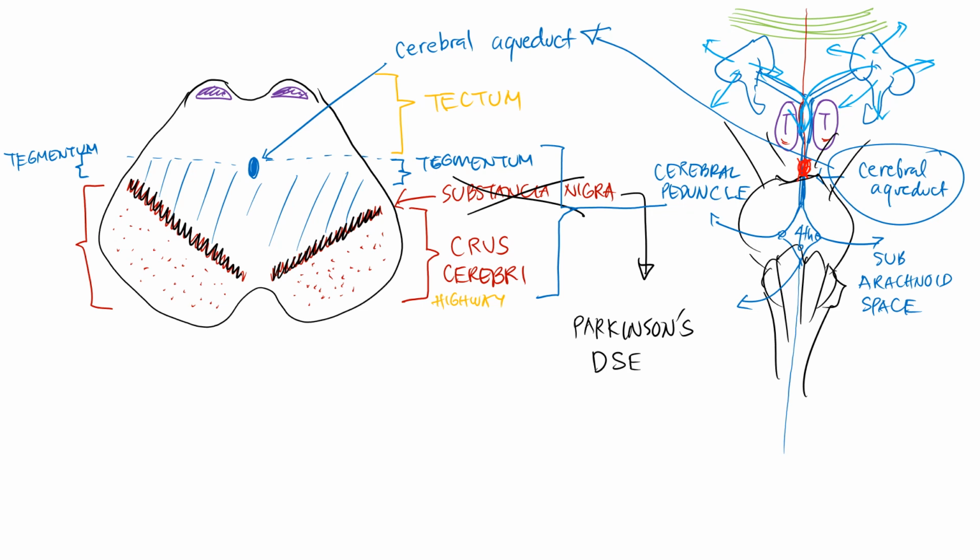Okay, important nuclei, of course. Remember, when your cranial nerve nuclei emerge from that part of the brainstem, then you would expect those nuclei to be present as well. Okay, so you have your cranial nerve 3 somewhere here, cranial nerve 4 is somewhere here, and